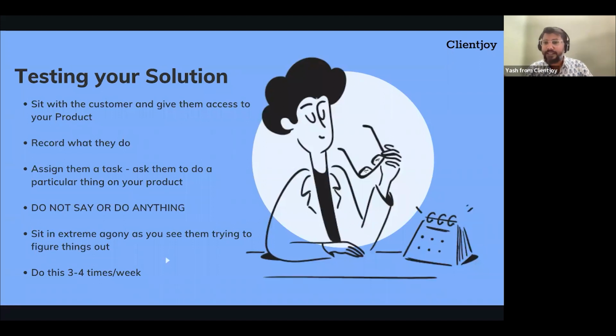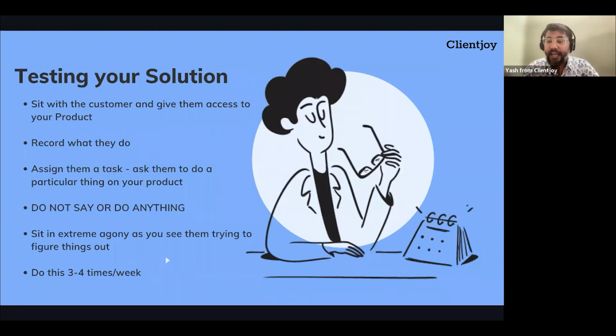So आप अपने customer के साथ बैठोगे, चाहे वो Zoom पे हो, चाहे physically हो, और record करोगे कि वो क्या कर रहे हैं. उनको आप एक task assign करोगे कि यार अभी आप ये पेज पे हो और अब आपको क्लाइंट जो का अगर मैं एग्जांपल दूं तो आप ये पेज पे हो पर आपको एक कस्टमर को एक इनवॉइस रेज करके भेजना है जो कि $500 का हो, जिसके ऊपर आप 5% वैट लगाओगे या 18% जीएसटी लगाओगे या ऐसा कुछ करके. सो ये आपने उनको टास्क दिया कि अब ये करो हमारे लिए एंड देन वी विल